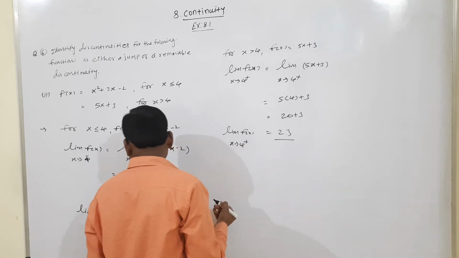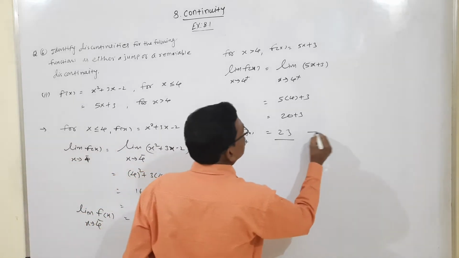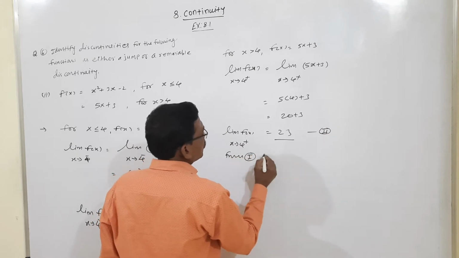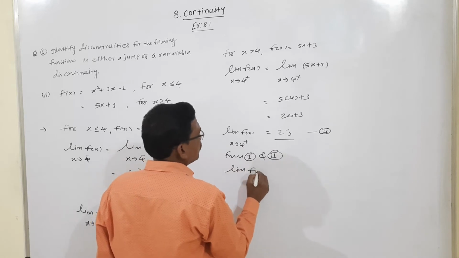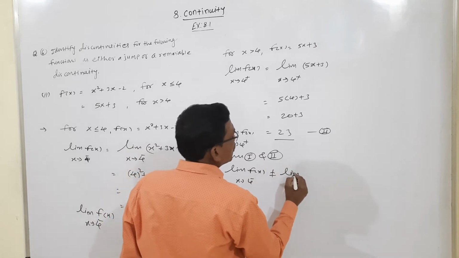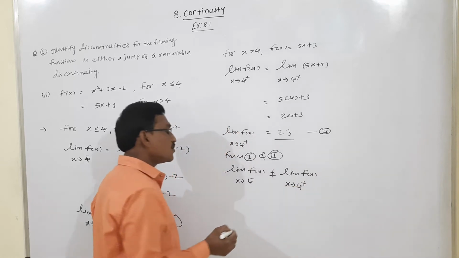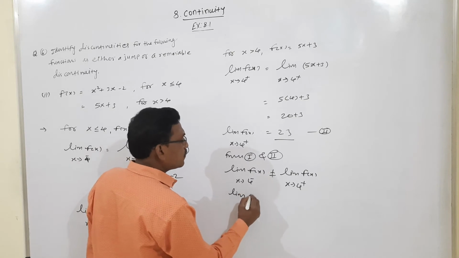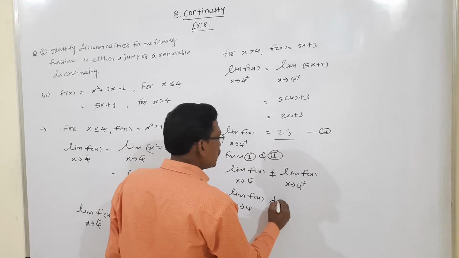The right hand side limit is 23 and the left hand side limit is 26. So from equations 1 and 2, we get that the left hand side limit of this function is not equal to the right hand side limit of the given function, and so the limit does not exist. The common limit of the function f of x as x tends to 4 does not exist,